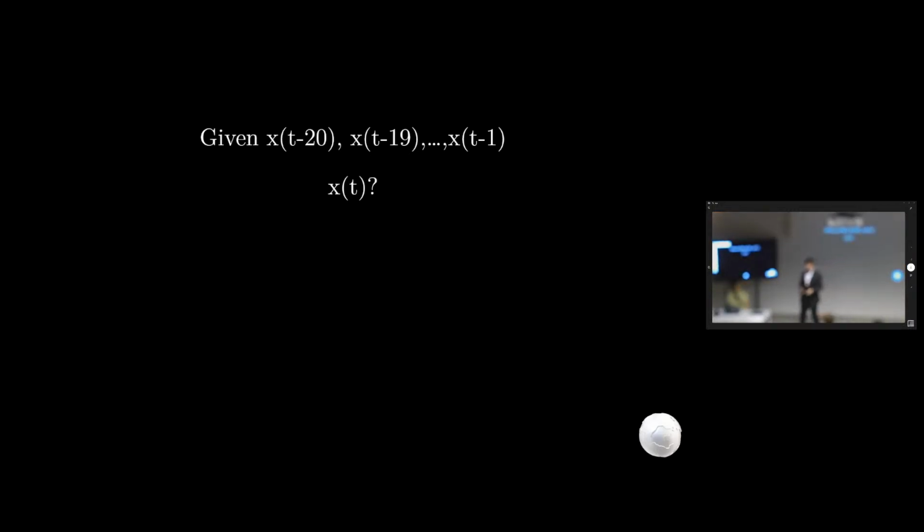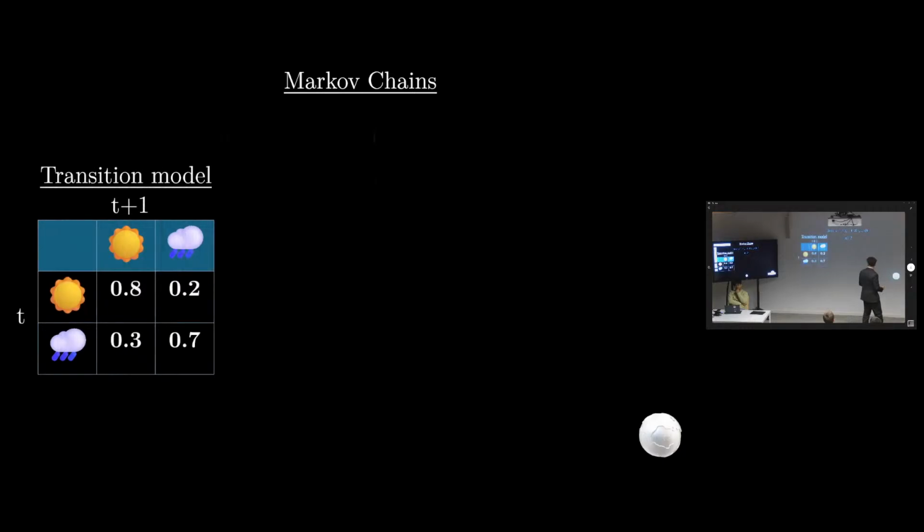What we use to solve such questions is what we call Markov chains. So what are Markov chains? Markov chains need what we call a transition model. Markov chains try to create some relation that predicts what's going to happen tomorrow based on what's happened today or the day after.